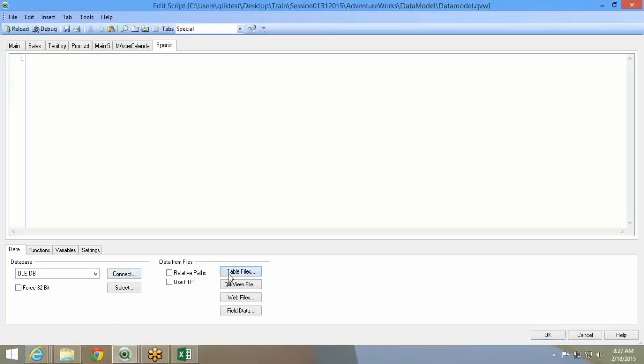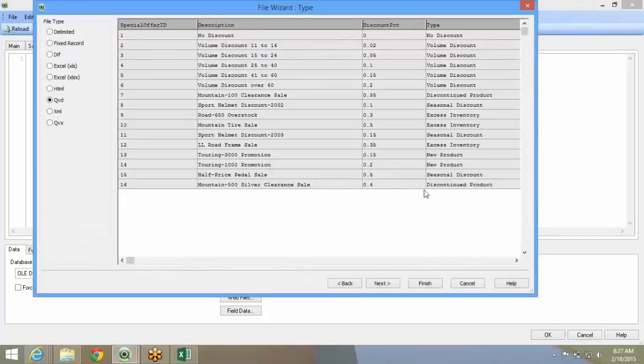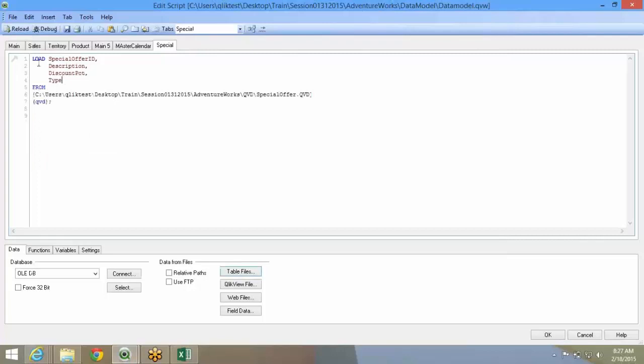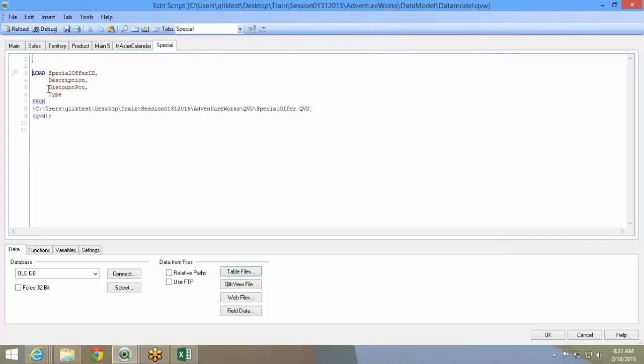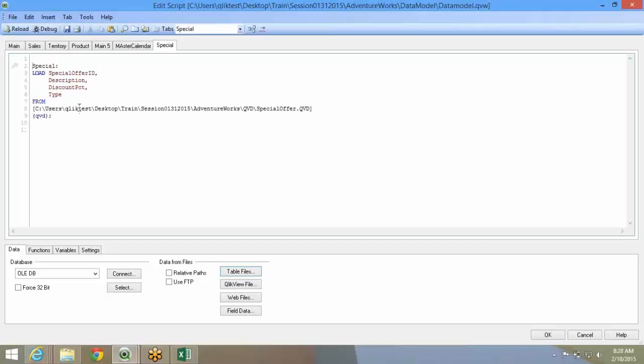What you can do is, we have special offer ID, description, discount price, finish. You can just delete a couple of them which I don't need. Now to load this, I have to do a full reload as a developer. If my full reload is taking 1 hour and is going to consume my time, that is not a good idea. So what ClickView did was, it brought in a keyword called add.